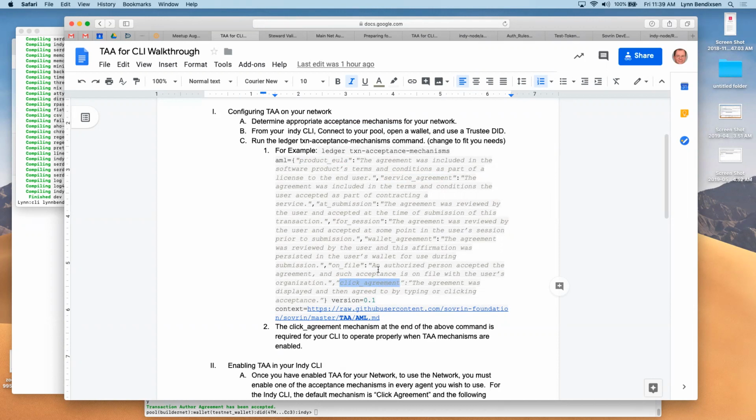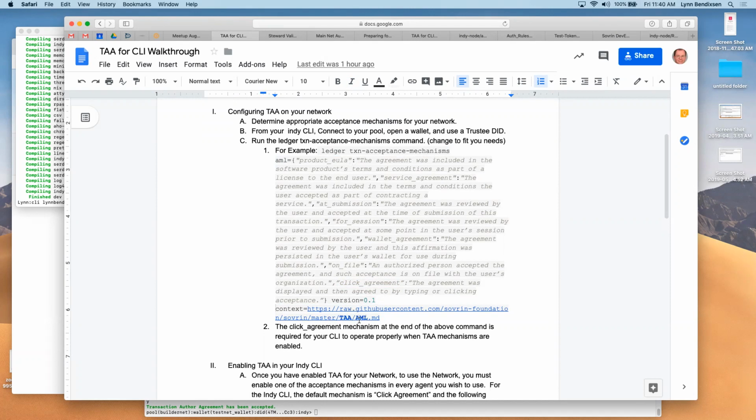So I think it's this exact command that I put onto the BuilderNet to send transaction acceptance mechanisms. This is AML, which stands for acceptance mechanism list. So this list of acceptance mechanisms went on the ledger, and this context is a link to the active acceptance mechanism.